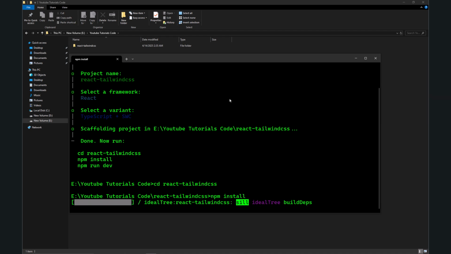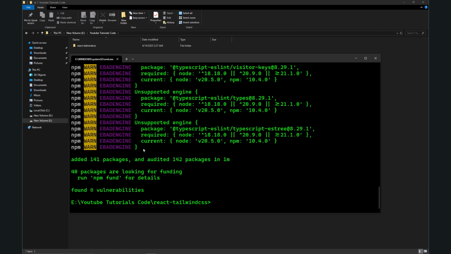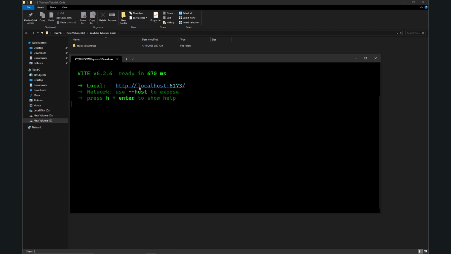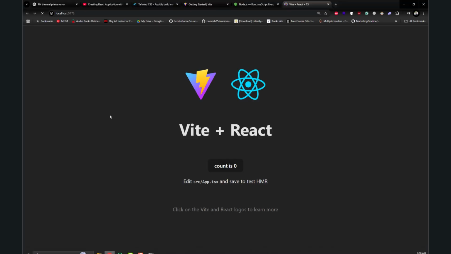It will start installing all the packages required to run the React application. After everything has been installed, you will see a confirmation message like this: added 141 packages. Just ignore this warning, and let me clear my screen with cls. Now we have to run npm run dev, and let's make sure our React application is working fine. It will run on localhost port 5173. If I open this port in my browser, as you can see,